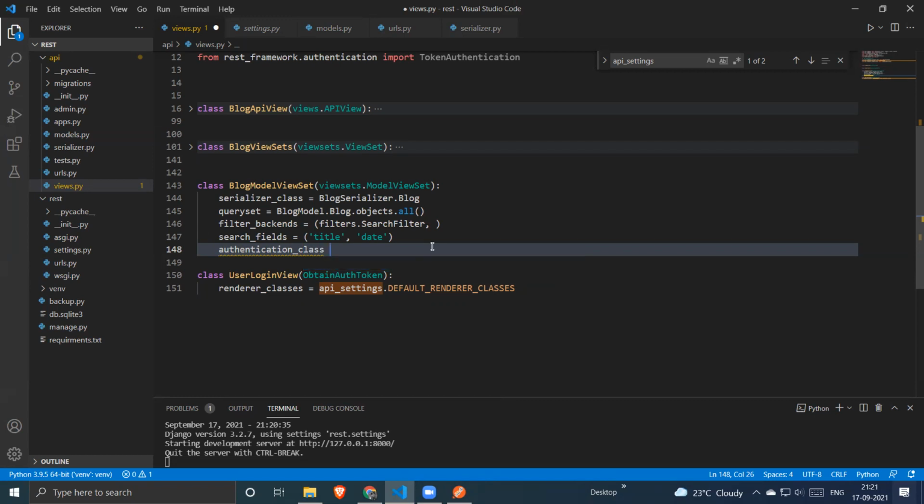This is a generic keyword for the Django REST framework, so use it as it is. So serializer_class, filter_backends and authentication_classes are the generic keywords for the Django REST framework. In authentication_classes, you have to make a tuple which says TokenAuthentication.